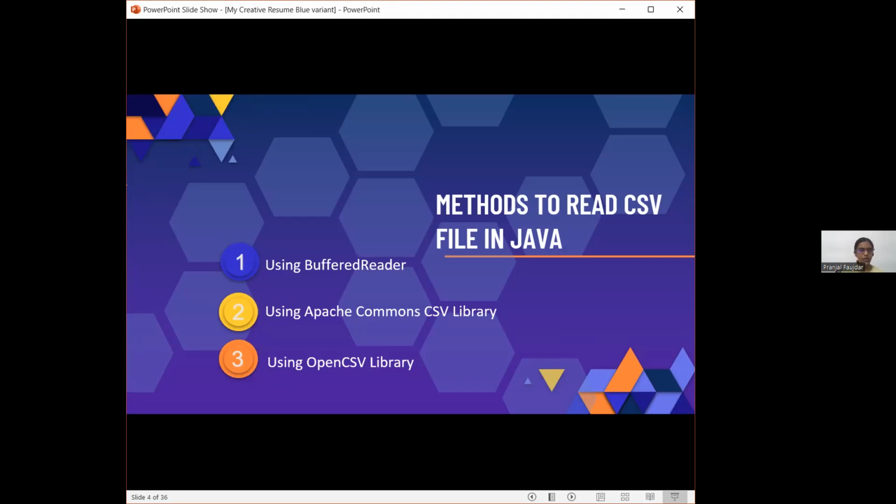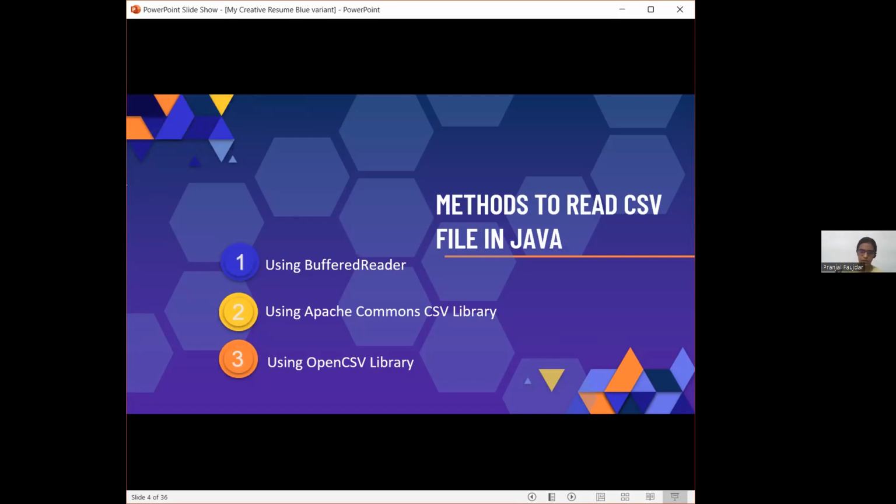Next is using the Apache Commons CSV library, which is another popular library that provides utilities for working with CSV files. The third one is using the OpenCSV library. OpenCSV is also a popular third-party library that simplifies reading and writing CSV files in Java. First we need to add the OpenCSV dependencies in our project, and then we can use the CSVReader class for our CSV files.